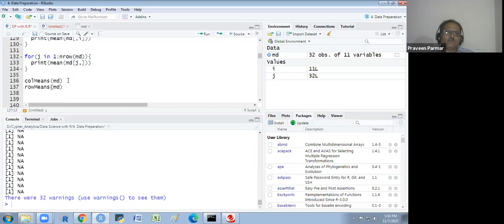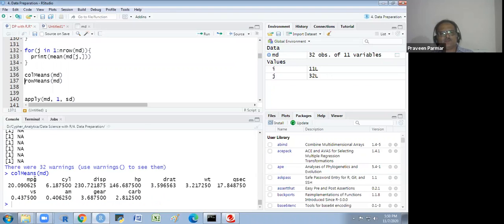We have another method already. There is a formula for column means. So you could write colMeans(MD) and you will get the mean of each column. No need to apply a for loop.